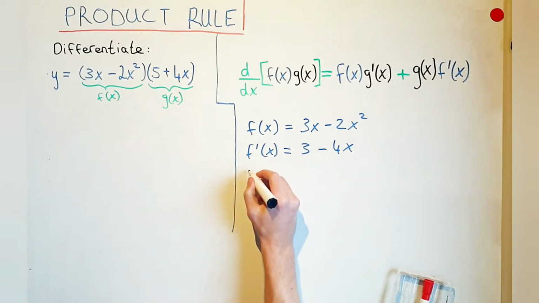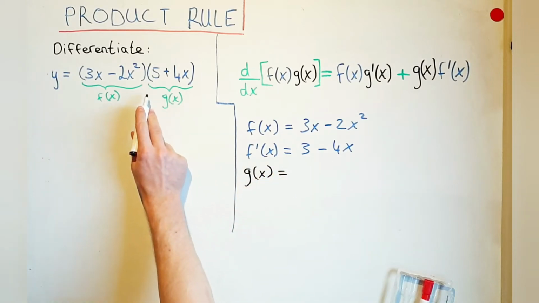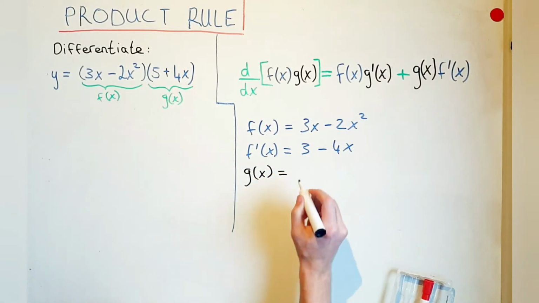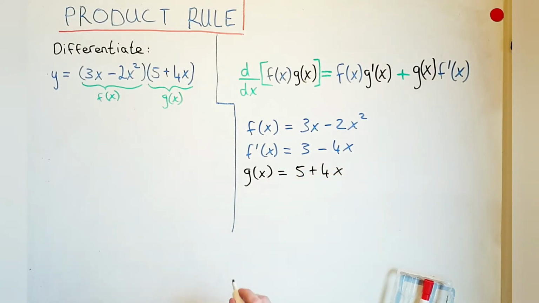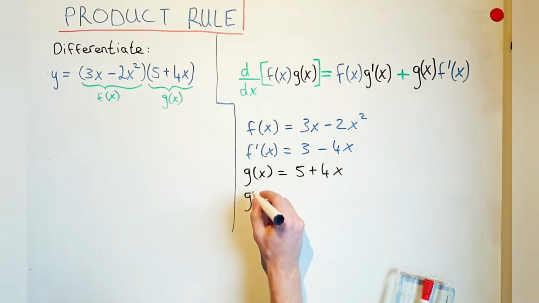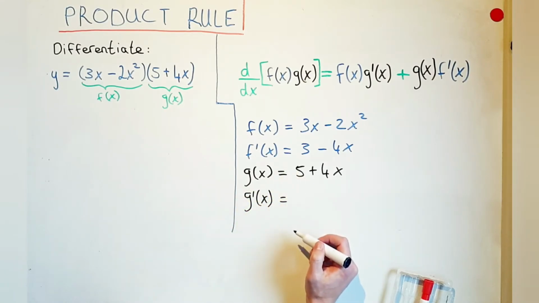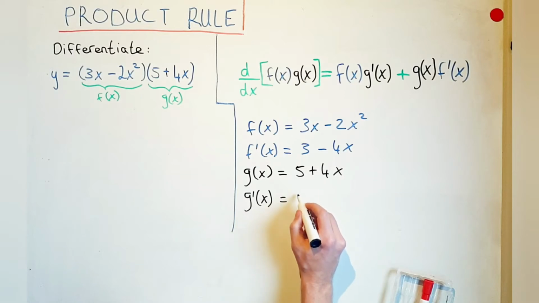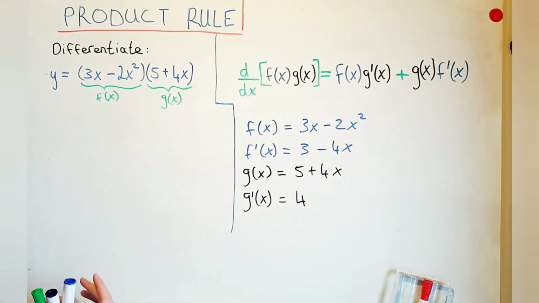Next we have our g of x. And we know our g of x is the second function that's in product, and that is 5 plus 4x. And once again, we're going to be using g prime of x. That differentiated, we know that constants go to 0, and our 4x will just give us back the number 4. Okay, so now that we have found values for both our f of x and g of x, and then the functions differentiated,